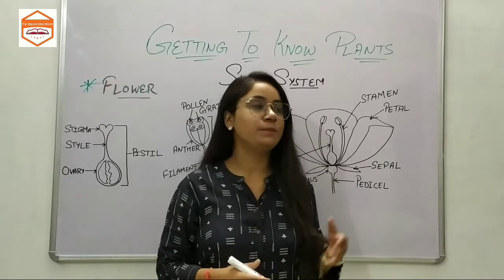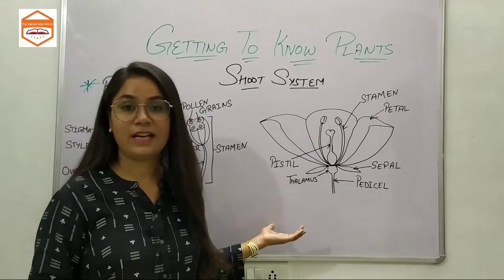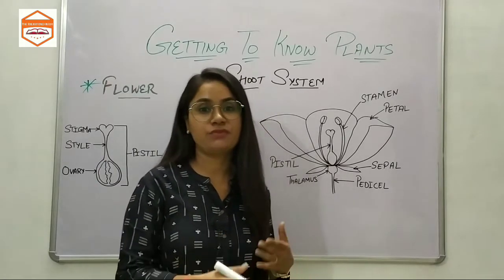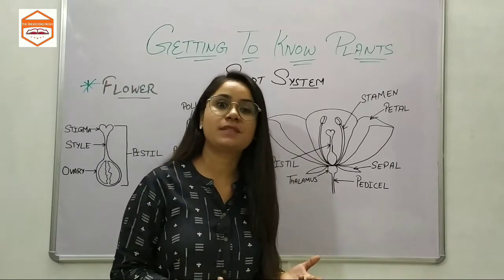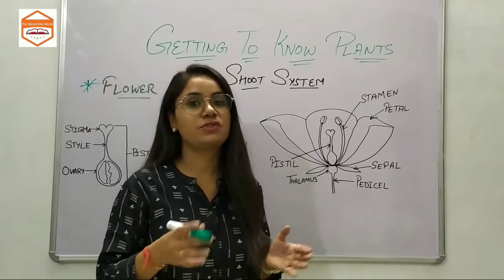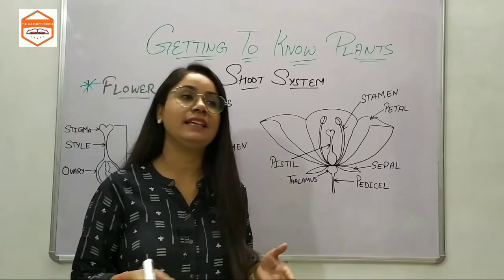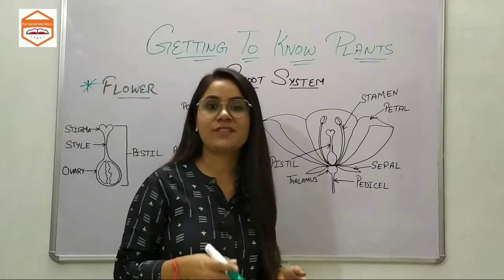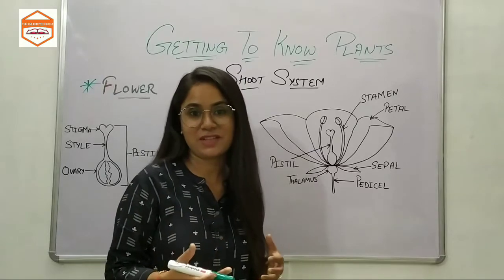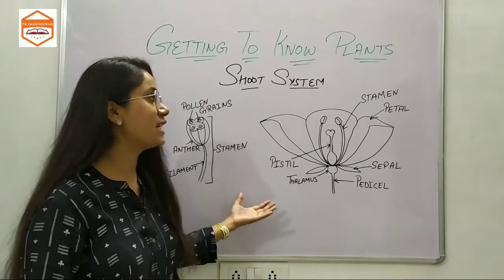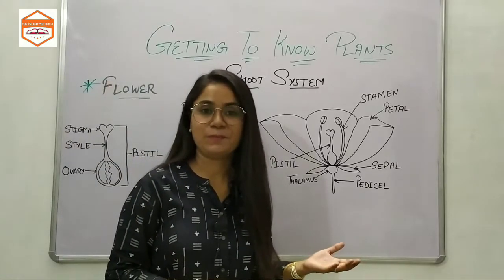Okay, so you all can see a diagram of a flower here. Flowers are of different kinds, different colors, different types. Every plant has its own kind of flower like rose, China rose, sunflower, lily, mustard and many more. They all have their own fragrances, they all have their ways to attract everyone towards each other, right? So today we are discussing the various parts of the flower.